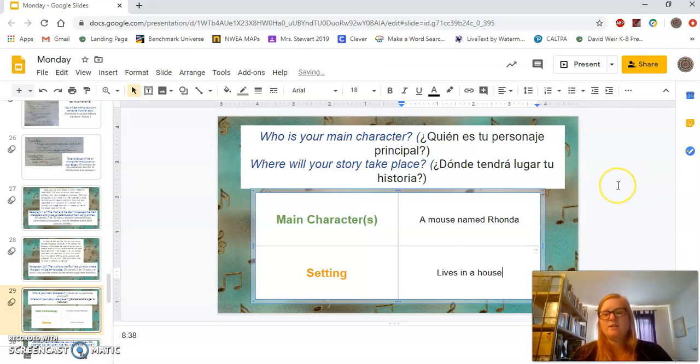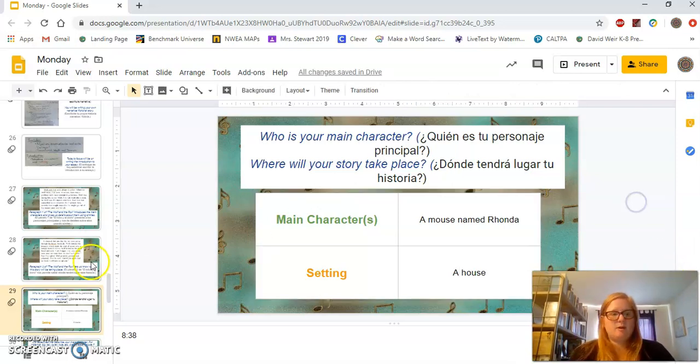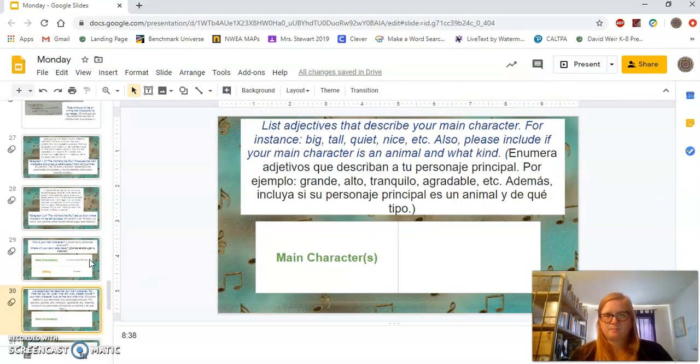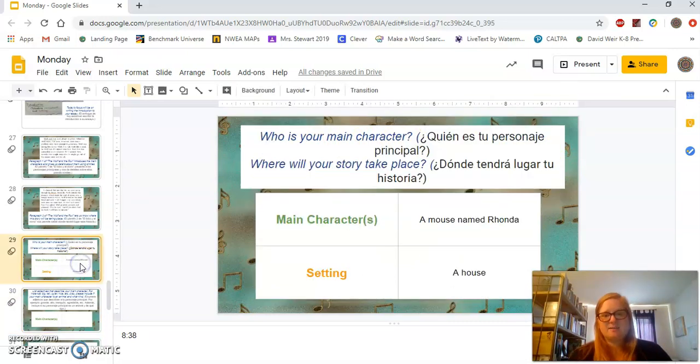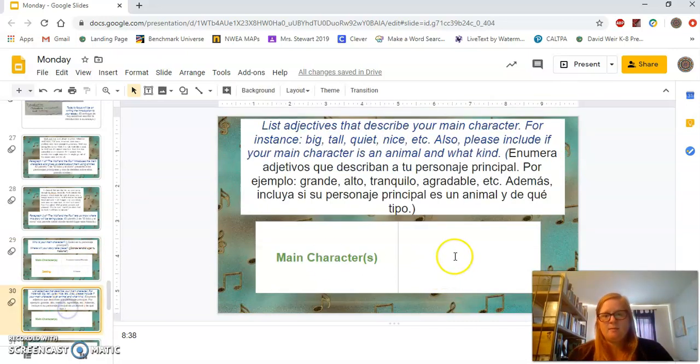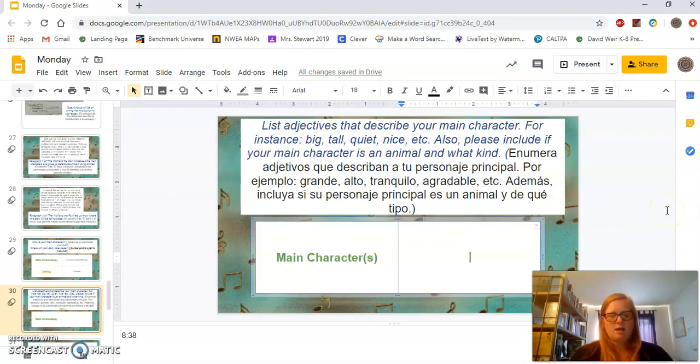Okay. So that's what I would expect you to put, something similar to this. Actually, the setting isn't where she lives, it might just be in a house, and that's fine. So then when we go on to our next, list adjectives that describe your main character, for instance, big, tall, quiet, nice, etc. Also, please include if your main character is an animal and what kind. So I had already said here that she's a mouse named Rhonda, but I'm going to say Rhonda